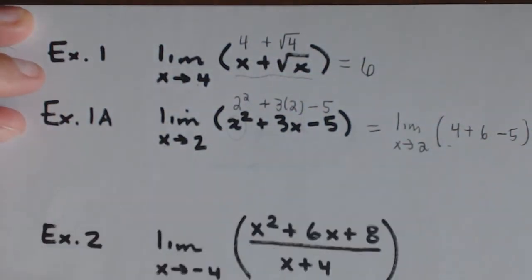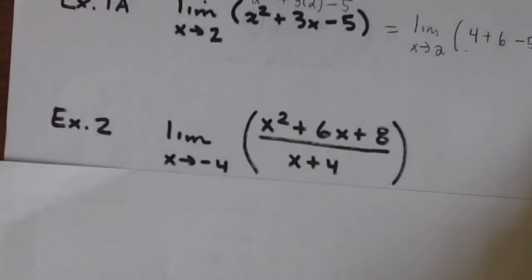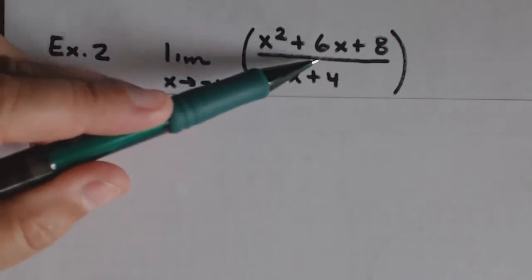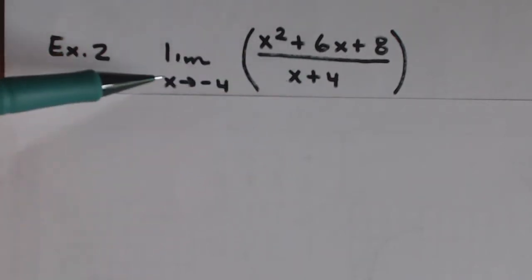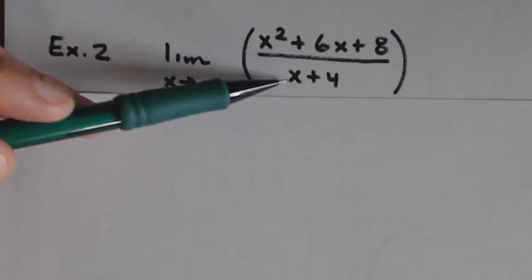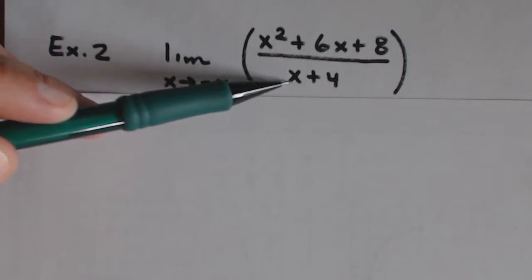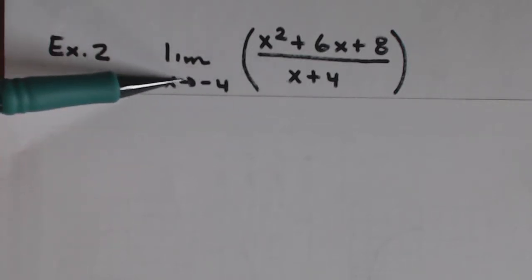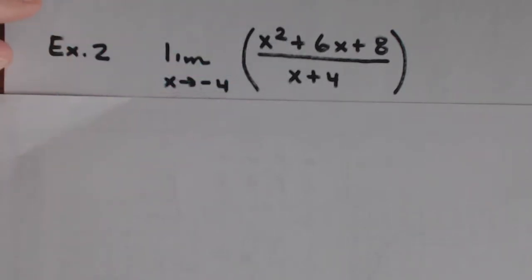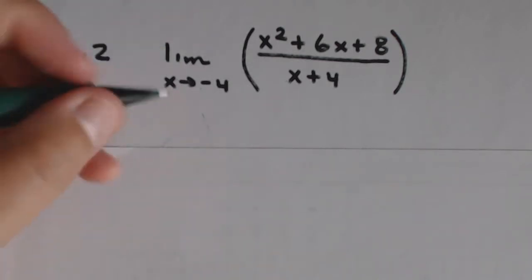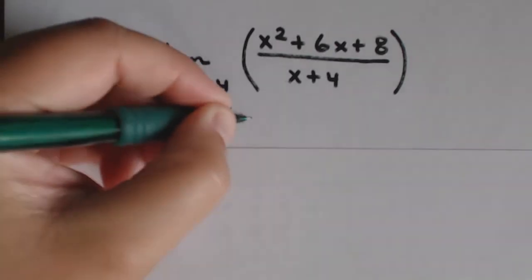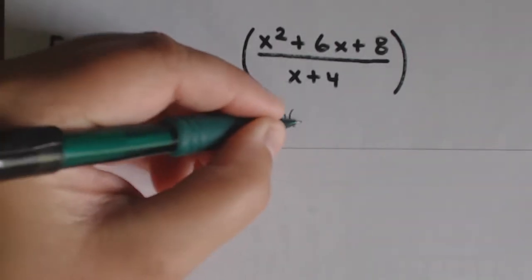Okay, well, what if you have an example like example 2? The limit of the function x squared plus 6x plus 8 over x plus 4 as x approaches negative 4. This is a rational function, and notice that there is a restriction on the domain. X cannot equal negative 4. Well, you're trying to find the limit as x approaches negative 4, so you can't just plug it in. But you can factor that numerator. So the limit as x approaches negative 4, x squared plus 6x plus 8 factors into x plus 4 and x plus 2